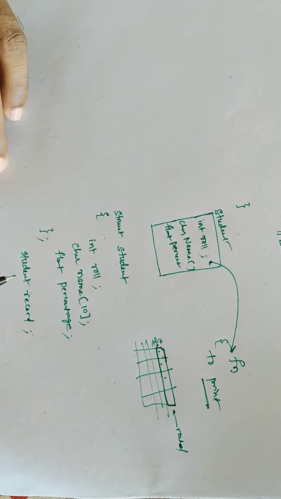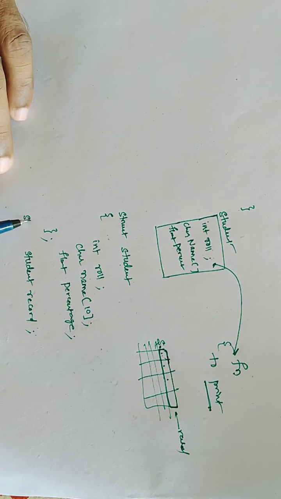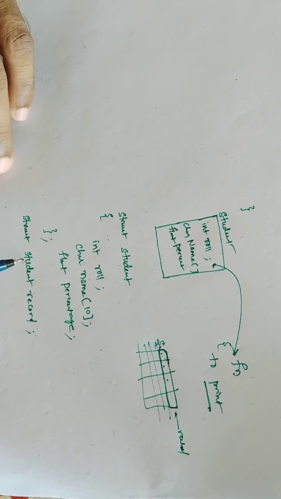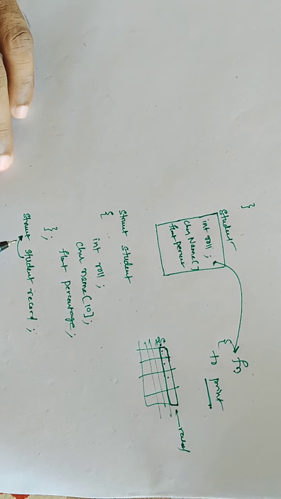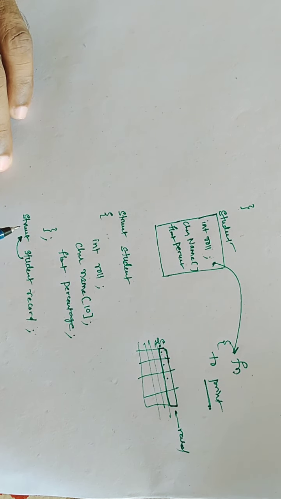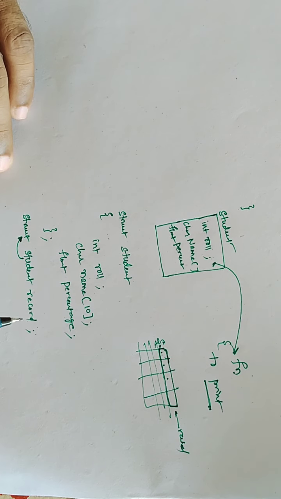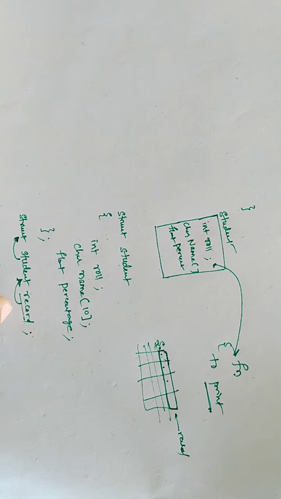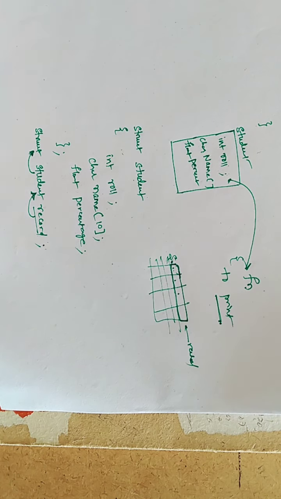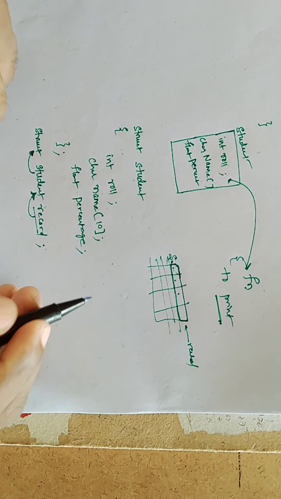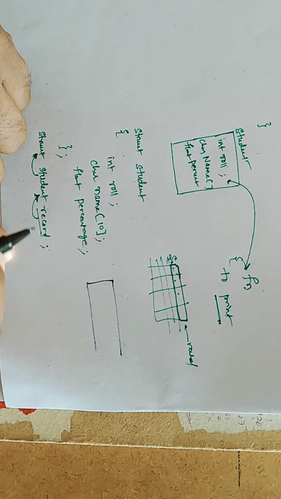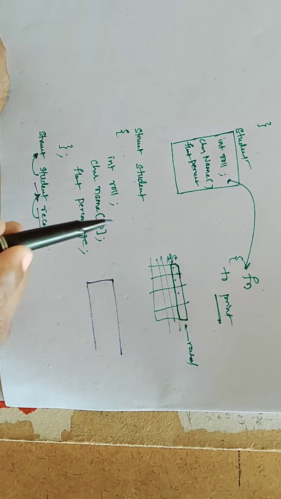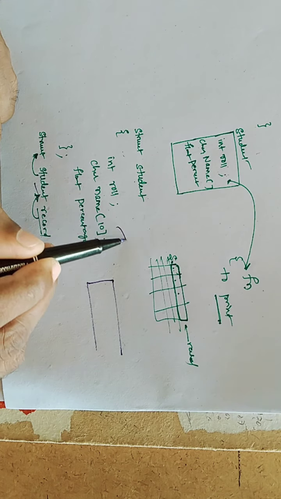And student is what? A user defined data type, and therefore we have to use the struct keyword. Whenever we are using this student, we have to provide struct, but it is not mandatory. We will see how we can eliminate using the struct keyword again and again. For this time, record is a variable which is of student data type. As student is user defined, we have to use struct. So whenever I create this variable called record, then automatically what will happen? Memory will be allocated, right? Record is of student type, so the members in student will be applicable here. All these members will be applicable.